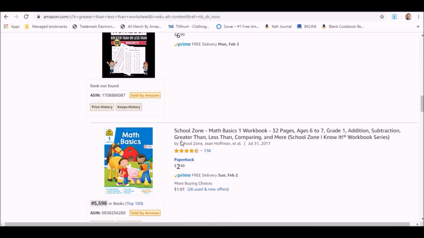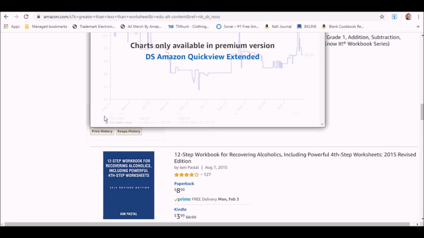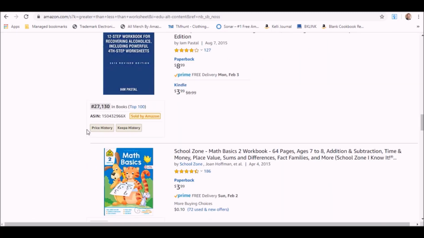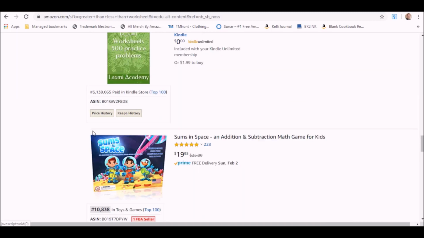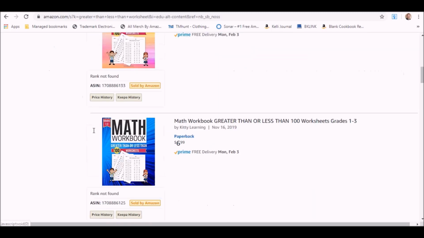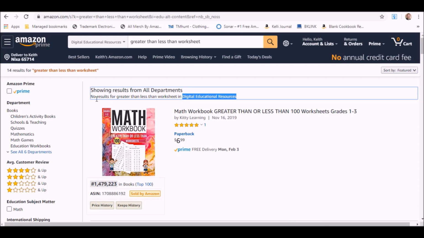And as you can see in these books, here, Math Basics, it's ranked 6,000 or 5,500. That's not even relevant. I don't even know why that's in there. Math Basics. Now this is School Zone, so these are popular brands. And these are in books. So these are what parents are buying. Amazon Ignite is what teachers and homeschooling parents will be purchasing. And in that category, there is no results. Again, Amazon Ignite is still new,